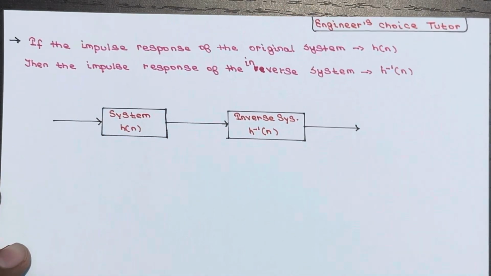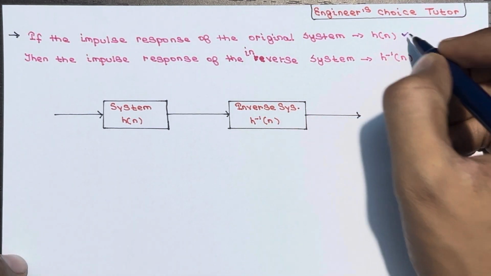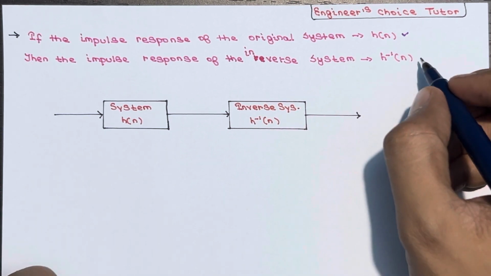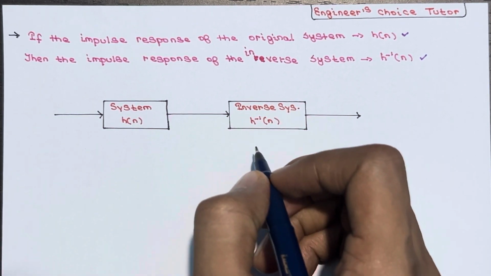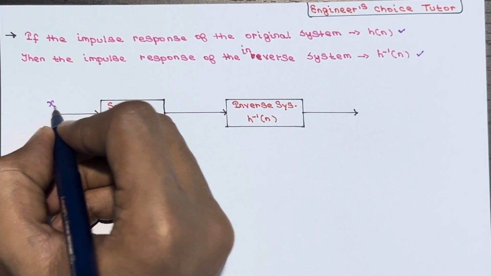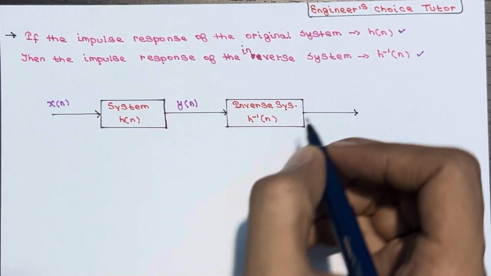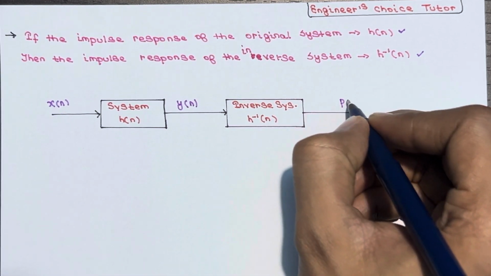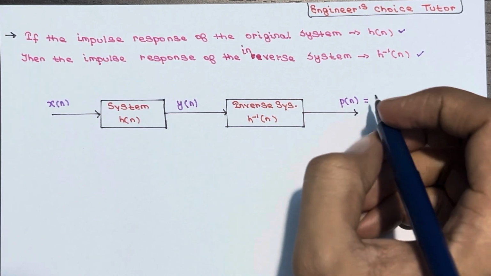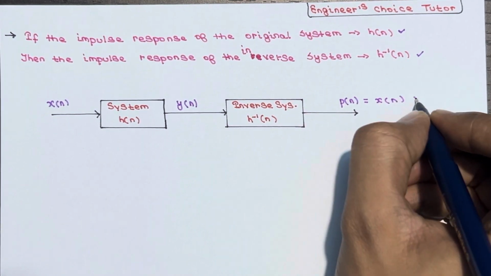Let's see a few more points related to this. If the impulse response of the original system is h of n, then the impulse response of the inverse system is the inverse of h of n. So basically this is the system, this is the inverse system. The input applied, assume, is x of n, and the output of this system is y of n. And the output from the inverse system, assume it is p of n. We are talking about the invertible system, so p of n is equal to x of n, right? If it is an invertible system,